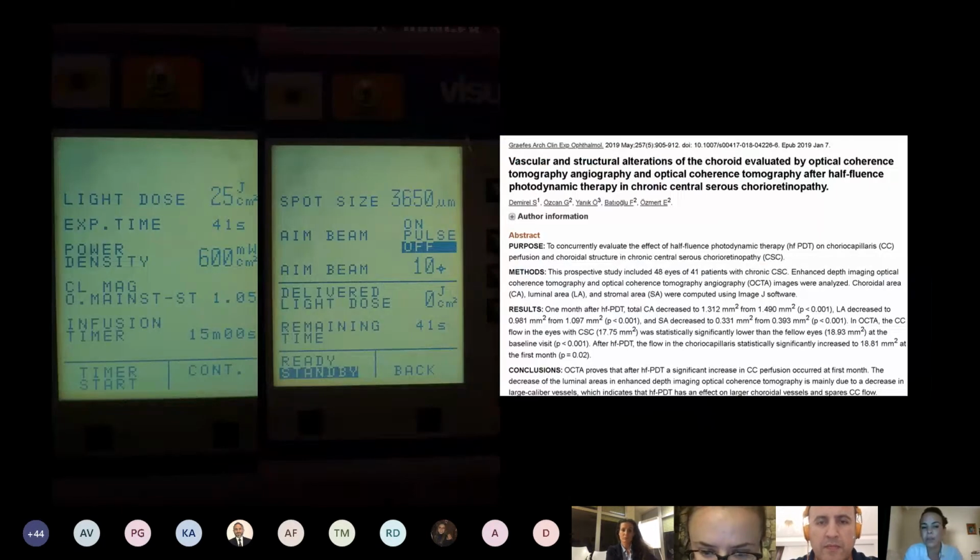Another thing about my treatment, we always use half-length PDT for these cases in our department. We already know from the AMD studies that full-length PDT has some side effects, such as RPE atrophy, sudden visual loss, or choriocapillaris closure. However, we know from the studies that the half-length protocol for central serous cases is very safe.